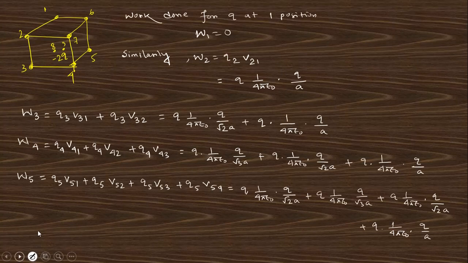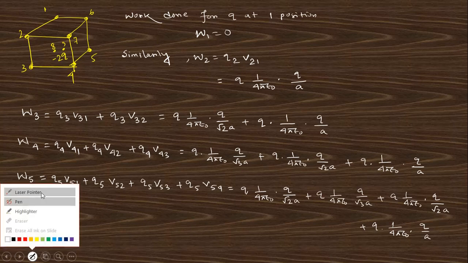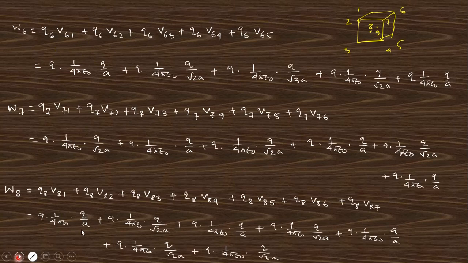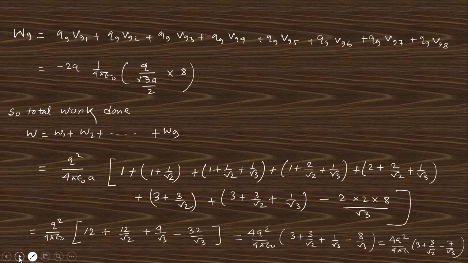And in another process, we want to find this potential energy, the same thing. We take the work done concept: the work done to place particle 1 is 0. For particle 2, there is 1 charge already placed, so multiply the potential due to that charge by this charge, and you get the work done for this particle. For the third particle, you need to consider the potential of the 2 charges and multiply by this charge. And so on, you find the work done, and you will get the same answer. Clear?